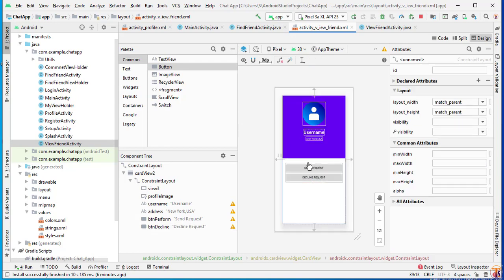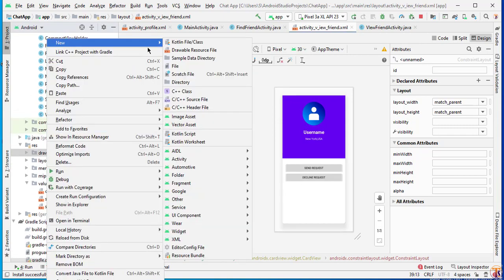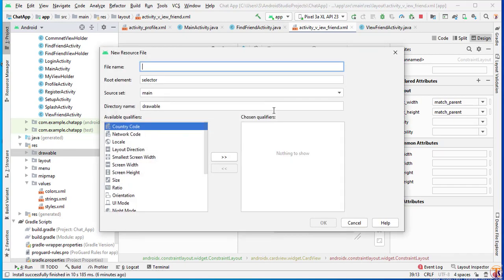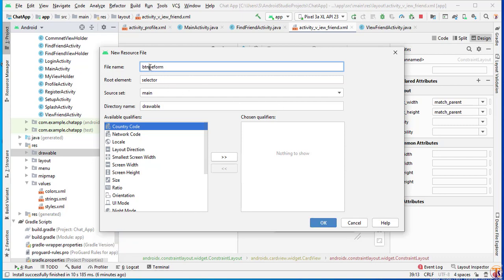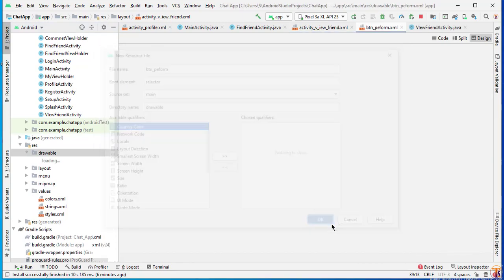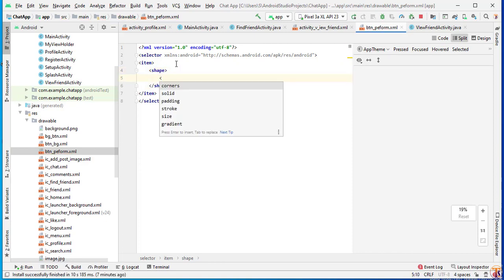Okay, now we will create the background of these two buttons. So here we will create drawable. So right click new and select drawable resource file, btn perform. And here we will add the item. Inside item we will add shape. Inside shape we will add corner.